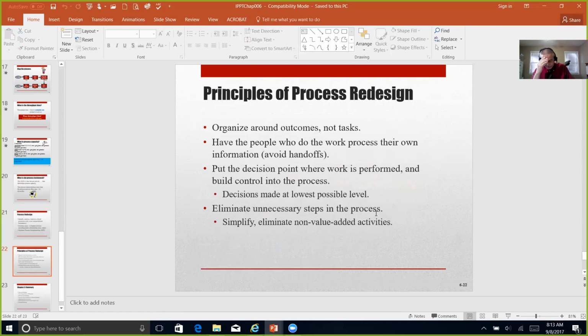And I'm a firm believer that if you really want to improve your work processes, do not let it come from the ivory tower thinkers who are separated away from the process, but get those people who have their hands involved in it each and every day, frontline workers, to give you a hand. Put the decision point where the work is performed and build control into the process, and to eliminate unnecessary steps